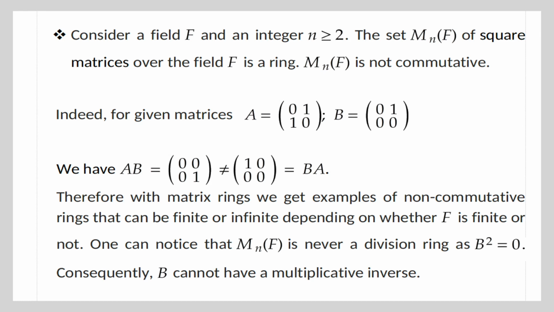Mn(F) is not commutative. Indeed, for given matrices A equal to [[0,1],[1,0]] and B equal to [[0,1],[0,0]], we have AB equal to [[0,0],[0,1]], not equal to [[1,0],[0,0]], equal to BA. Therefore, with matrix rings, we get examples of non-commutative rings that can be finite or infinite depending on whether F